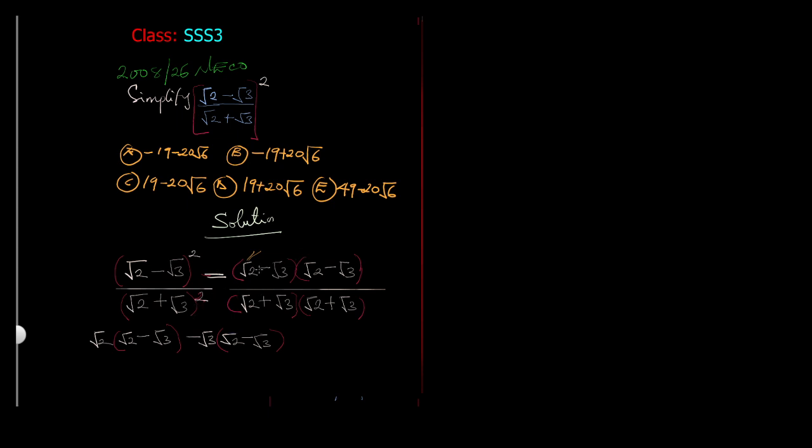We are now working on expanding this bracket. And we know very well that the first number here will multiply everything here, and the second will multiply everything also. So we needed to allot them by rearranging. Square root of 2 times everything in this bracket. We're done with that. And square root of minus square root of 3 will multiply everything in this other bracket. We're just done with that. Now this will be